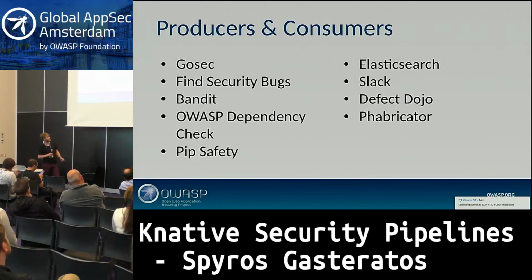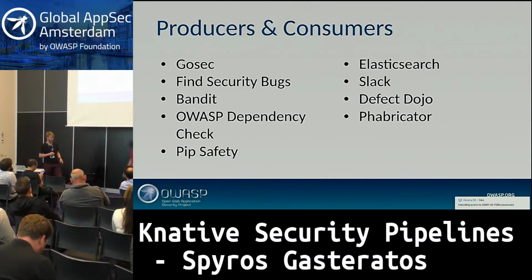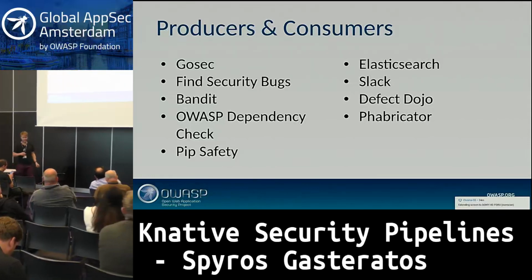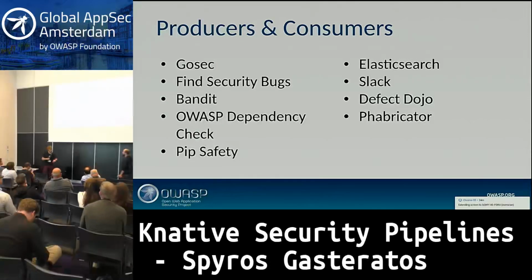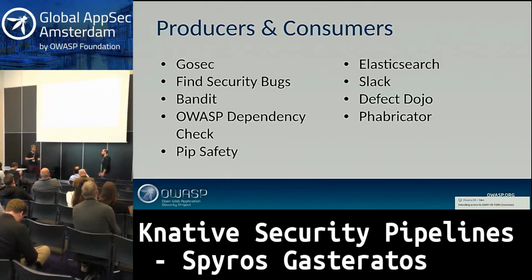On the other end, the consumers are where you want to take data out of the pipeline into something else. The really useful one that we implemented first was Elasticsearch. Just being able to dump the data somewhere and run a Kibana dashboard, or search the results manually. The other place is Slack, which is really useful as well. If you dump all your results to Slack, it gets a bit noisy, but we'll have a quick look at how we can minimize that with the enricher, which we'll come back to.